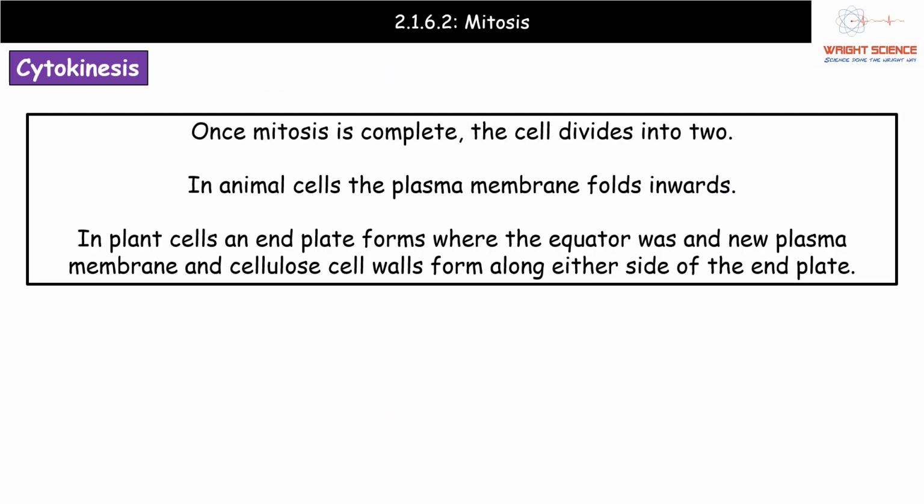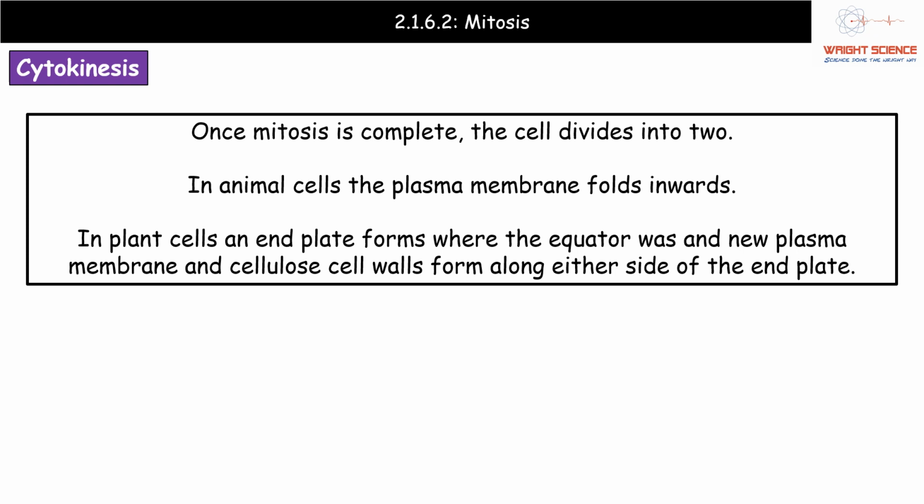The last thing that has to happen is a process called cytokinesis. So basically, once mitosis has taken place, then we have to divide that cell into the 2 cells. Depending on if we're talking animal or plant cells, they do this in a different way. So in animal cells, what happens is that plasma membrane just folds inwards, and then it's going to separate into those 2 individual cells. If we're talking about plant cells, then they need a slightly different process because they've got a cell wall. So we end up forming this thing called an end plate, and that's going to form where